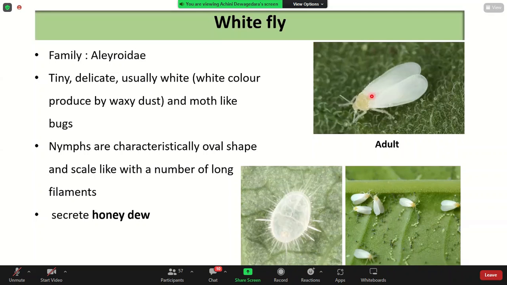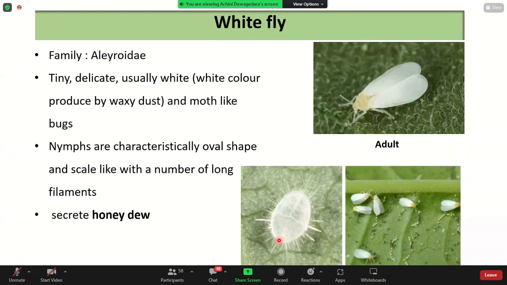The adult can fly, but the nymphs and eggs cannot. So ants are responsible for acting as vectors. Ants are one way of spreading them. Because they secrete honeydew, and also because of this honeydew,